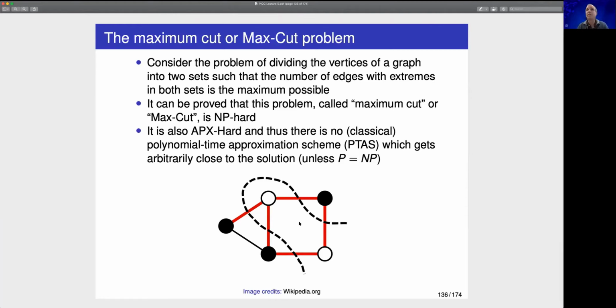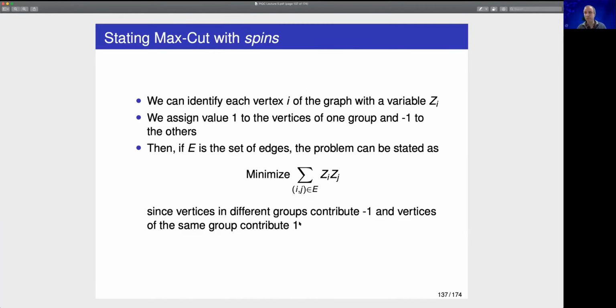Okay, so this is an instance of a very difficult problem, and this is a problem that we are going to show that we can approximate or try to solve with quantum computers in a quite natural way. Okay, so how to do that? The first thing that we need to do in order to transform this into an instance of something that we can approach with a quantum computer is to